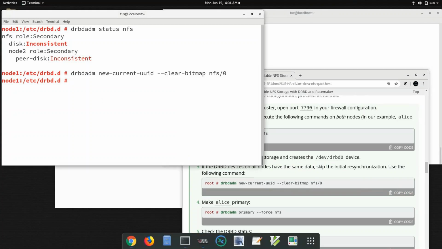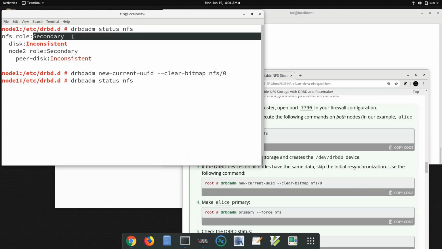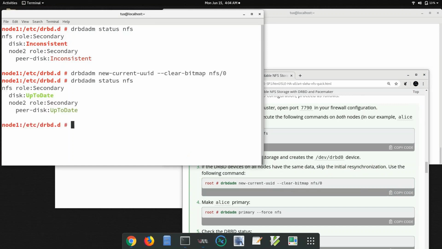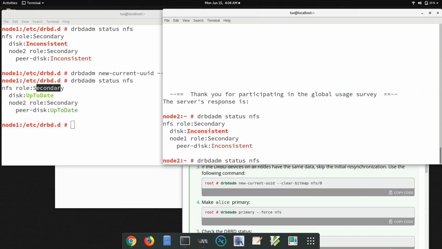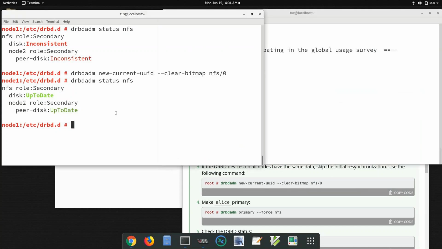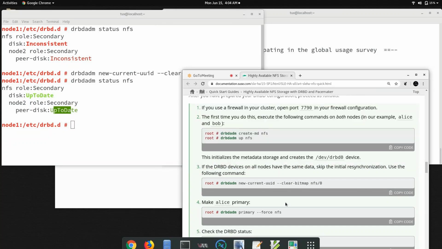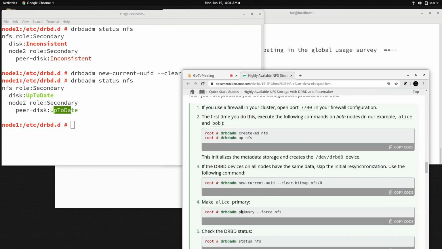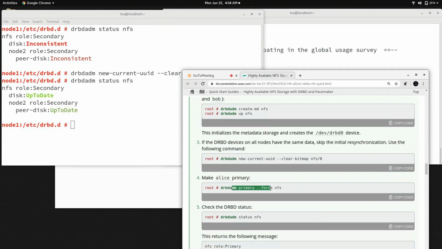When I check this, you can find the secondary will become a primary. In my case, I run this on node 1, so this node is considered secondary. If I go here and see, this is secondary. Currently the disk is up to date. To change this flag into primary, this is the command, and we are supposed to run it on one of the nodes.